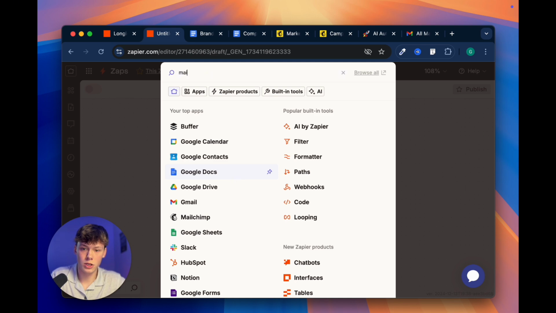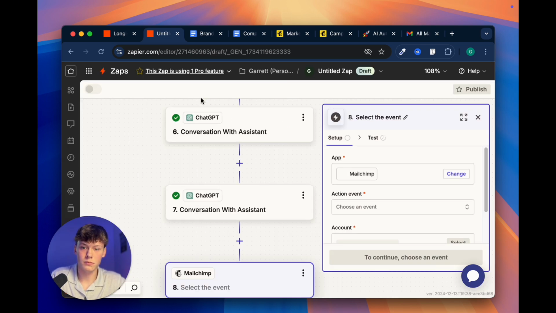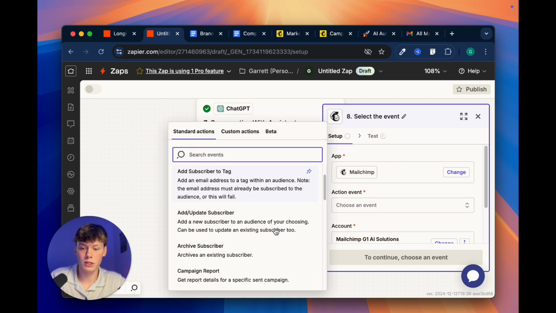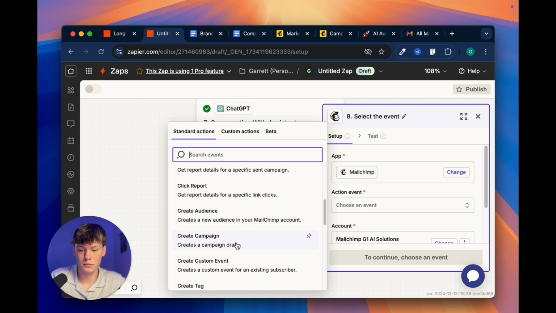We'll type in MailChimp, and then you'll just be prompted with a page to log in. Use your username and your password for MailChimp, and then you'll be brought to a page like this. As far as the action event goes, we're going to select create a campaign,